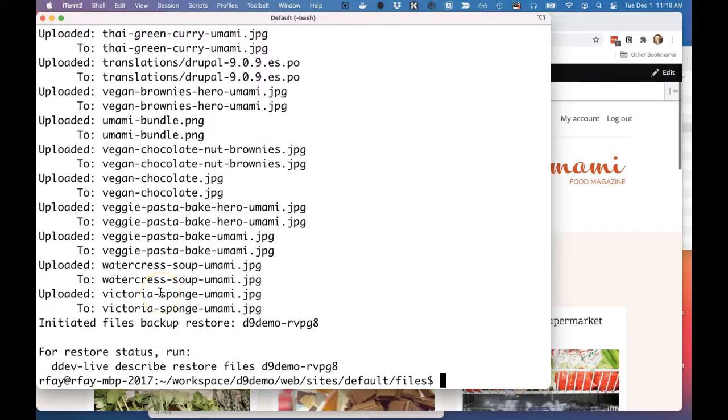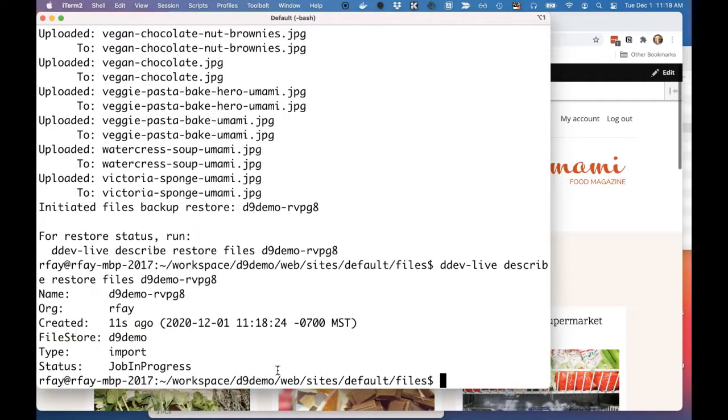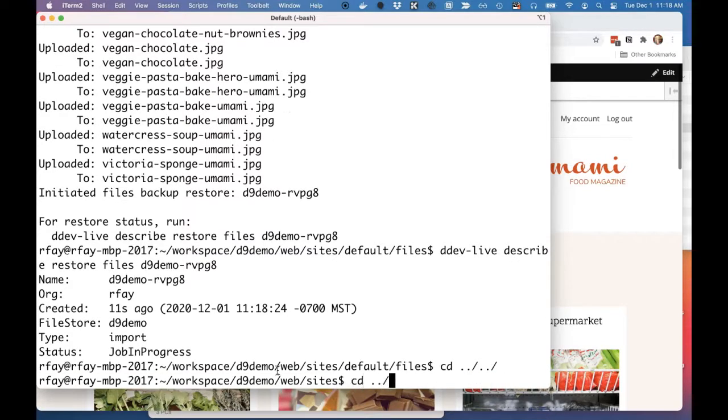Okay, now that that's all pushed up, we really should look at the state of the restore, because that isn't actually done yet. It's pushed up, but you see that the restore is in progress. But let's just get the database uploaded while we're here,